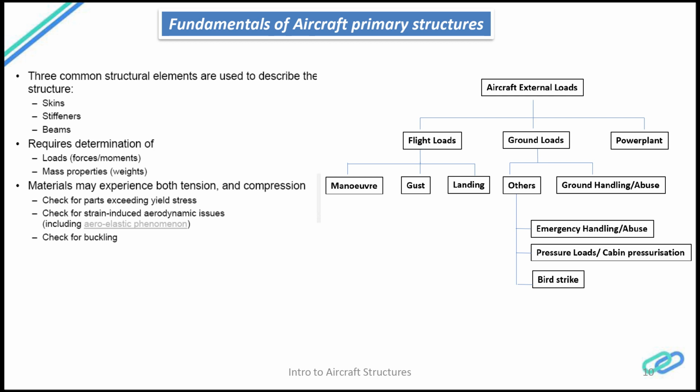And moving to the ground loads, we have the emergency abuse load, where the ground personnel who are doing the maintenance or something, they might push and pull the door very hard, or when they are moving the equipment around, it might damage the structure, whatever may be the case. So those kind of handling and abuse loads come into ground loads, and cabin pressurization loads also come under